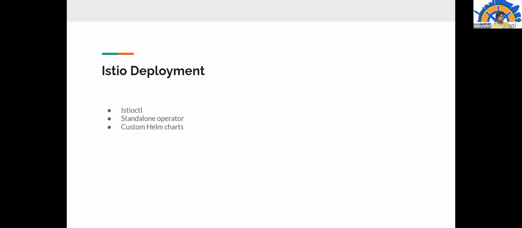Currently, I believe it is not used much. It is a basic Helm chart with multiple configurations and multiple CRDs inside it, and with the Helm command you will be able to deploy it inside the Kubernetes cluster.